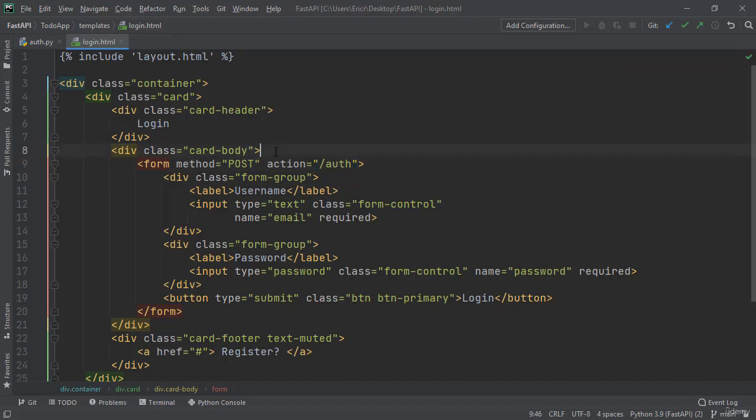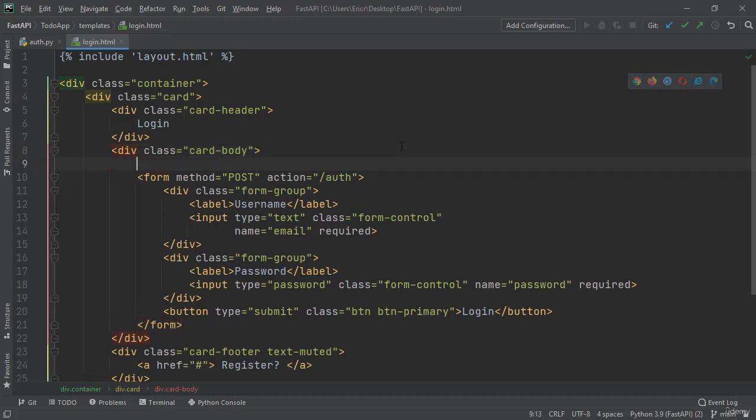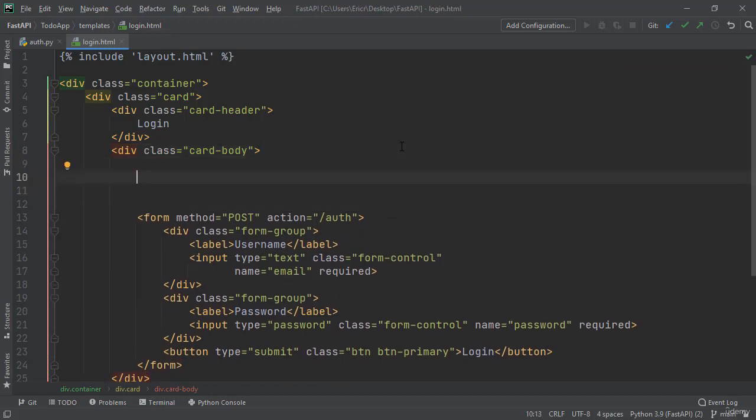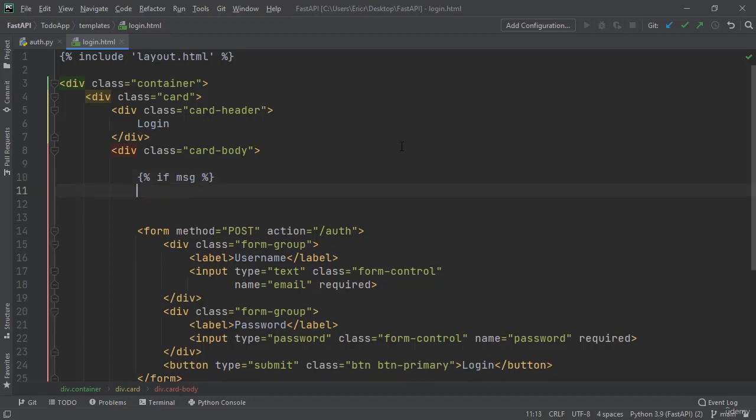So right under card body, but before the form, let's add a few spaces just so we have room for coding. We're going to say bracket, 2% signs, if message. So we're checking if message exists. And here we're going to code a little bit into the future, but we're going to say bracket, 2% signs, if message equals logout successful, or message equals user successfully created,